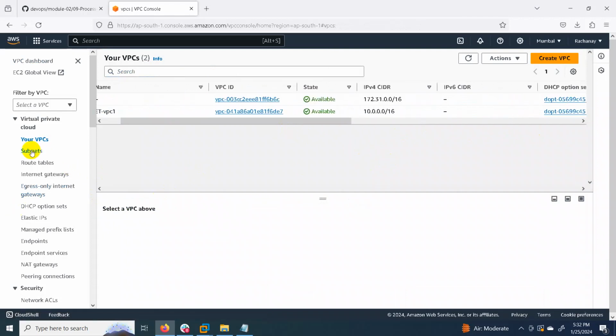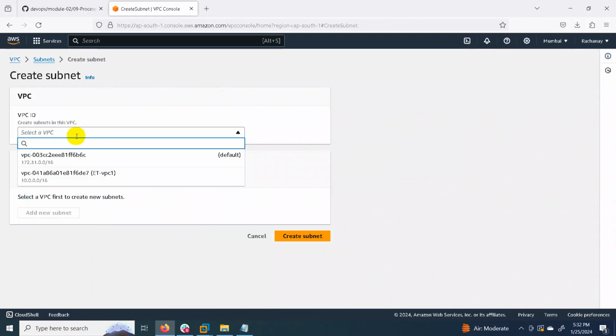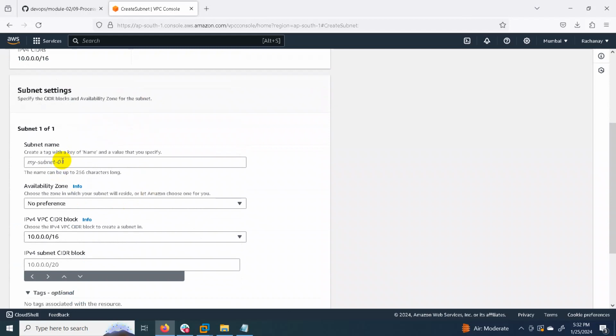After that, now we are going to create two subnets. Create a subnet. In which VPC do we want to create a subnet? First of all, select that VPC and then create two subnets. Here we are creating the private subnet.